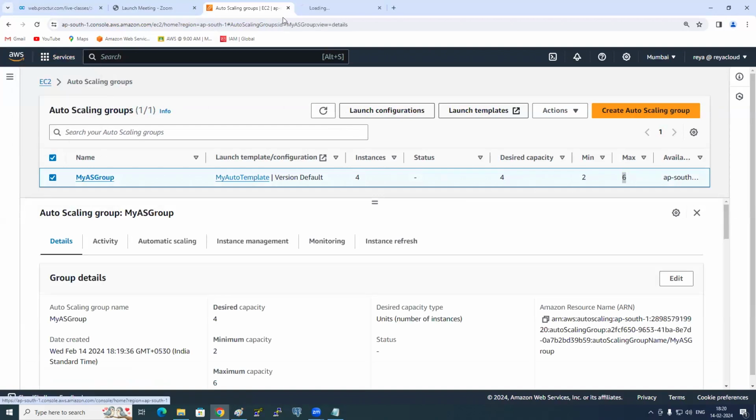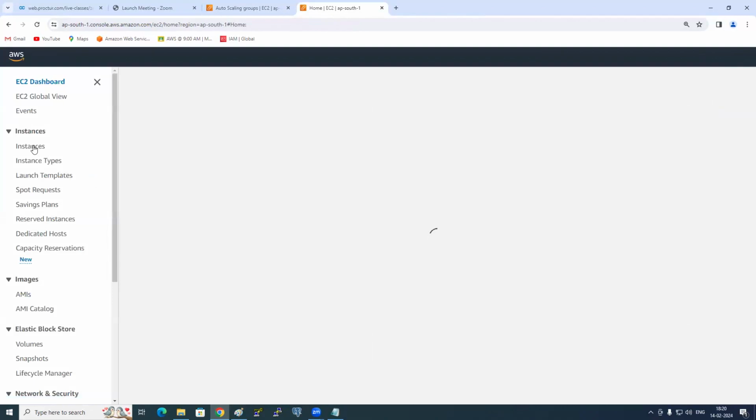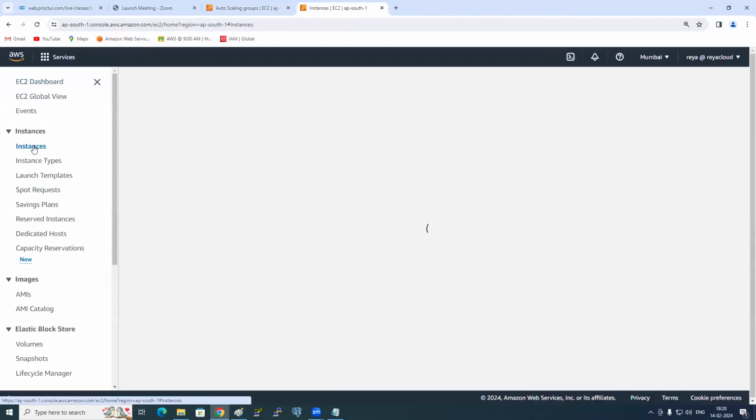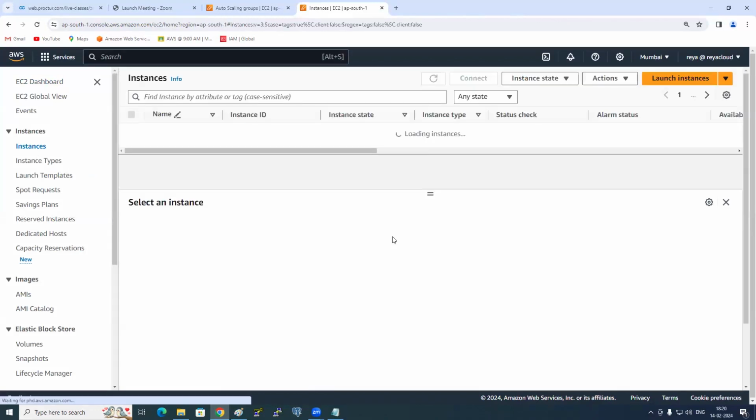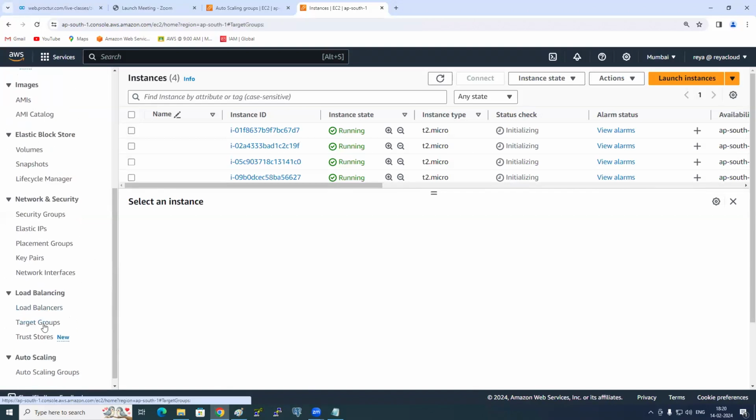So if I open EC2, how many EC2 instances will be launched now? 4 will be there automatically. Do you see the 4 which have been automatically launched by the auto scaling group? And these machines will be inside the target group.